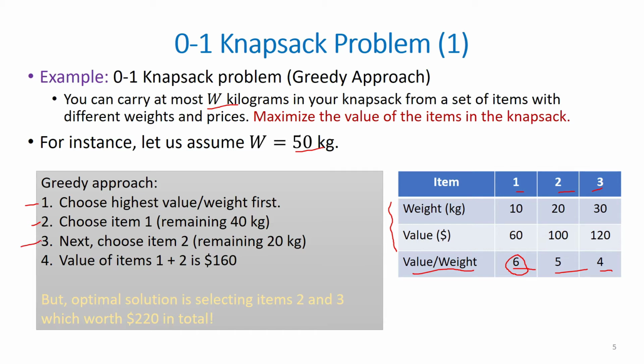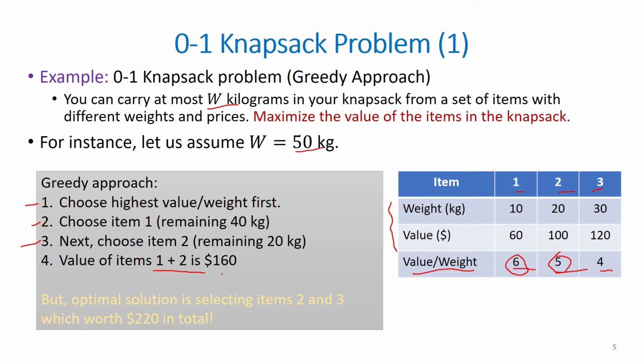Third, select the next item in line, which would be item 2, with a ratio value of 5. This leaves us with 20 more kgs to carry. Since the third item weighs more than 20 kgs and exceeds the maximum load of the bag, it cannot be carried. Therefore, using the greedy approach, the thief can carry 2 items, that is item 1 and item 2, which is worth